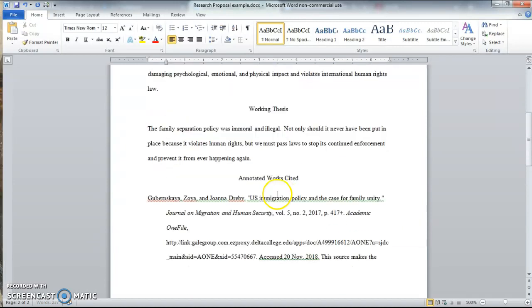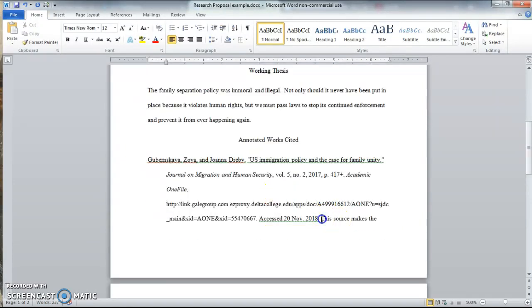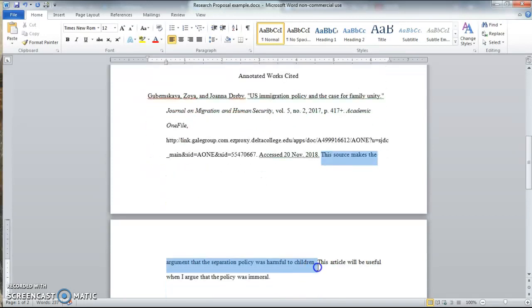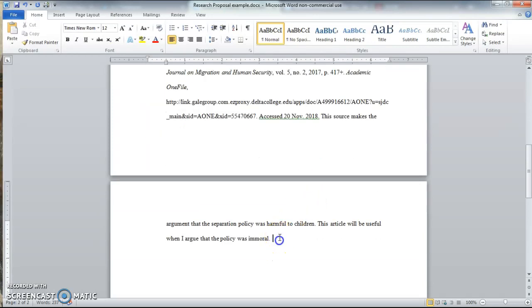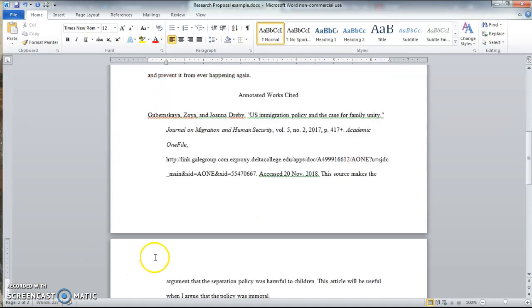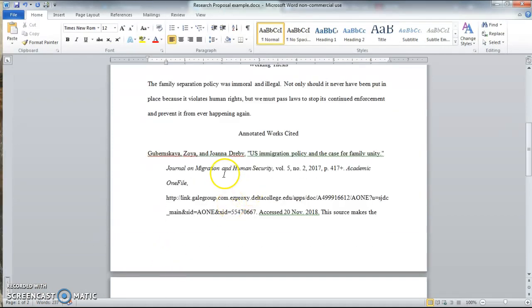So what are you telling me? You are telling me what this source is about, and you're telling me how you're going to use it, why it might be useful in your paper. I just want two to three sentences, annotation. And then what are you going to do? You're going to go back here. It's going to be back on the left margin, ready for your second and your third source for your annotated